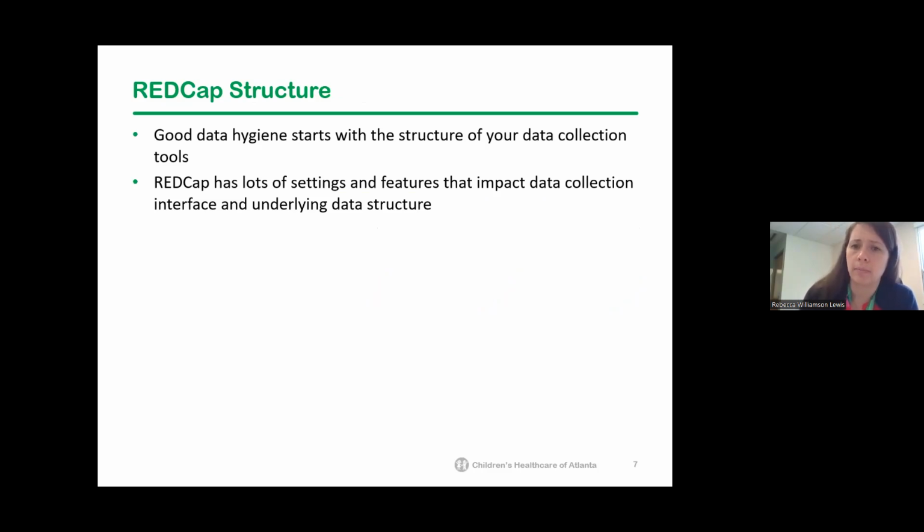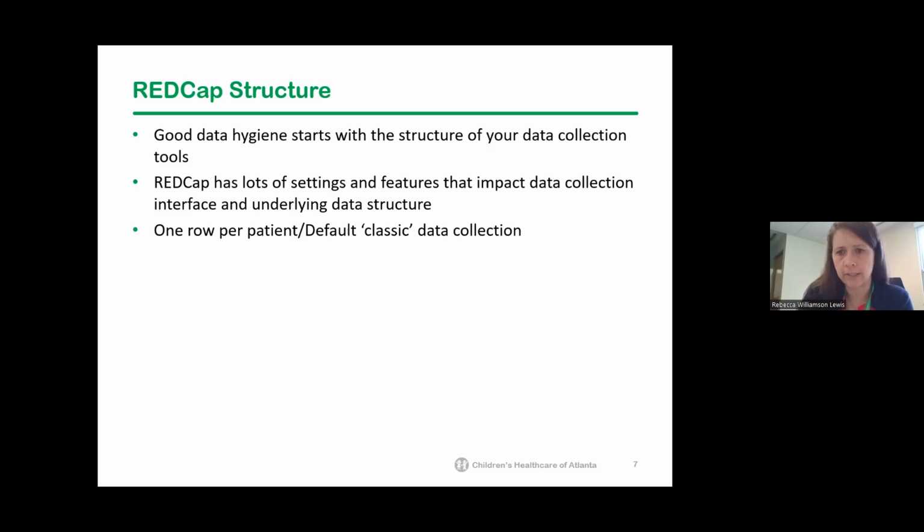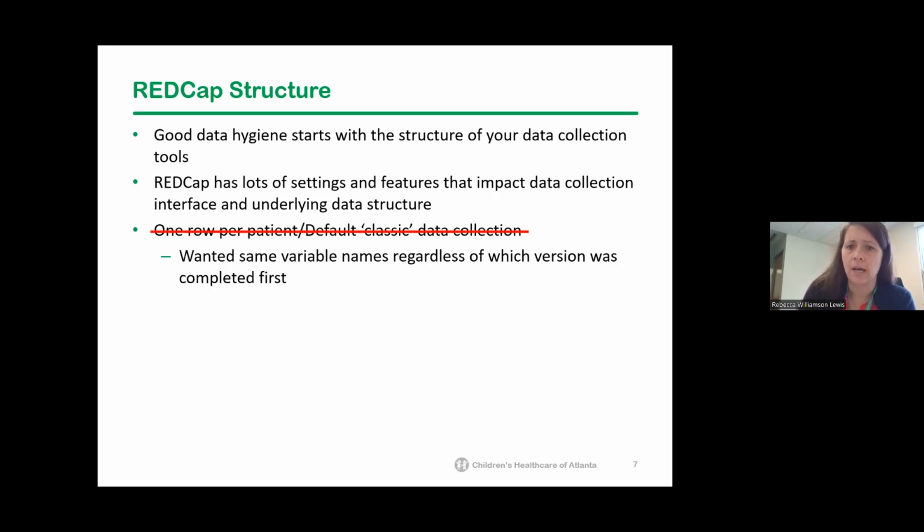So I'm going to walk through a couple of the options we considered when trying to address the study's data collection challenges of remote dyadic survey collection. So first, we considered the classic data collection of one row per patient. This would require us to build two separate surveys that included all of the variables from both the caregiver and young adult surveys, because we were not sure who would be completing the survey first. And to do this, the variable names would have to be unique between the versions. But we wanted to ensure that all the variable names were the same, regardless of the order that they were